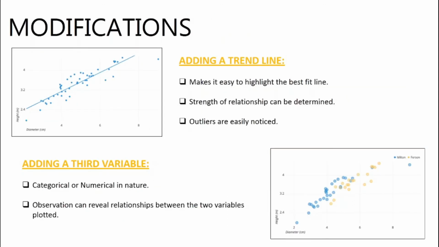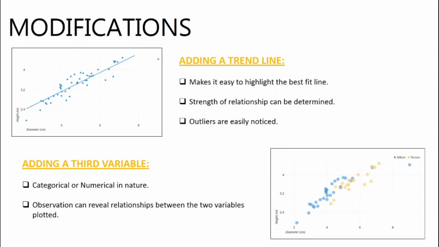Some of the modifications which can be done to a scatter plot are as follows. These help a lot when building the model or visualizing data. First is adding a trend line. So what is a trend line? It can be seen in the diagram given right beside this. It is a line which passes through the data points, staying as close as possible to each data point, where the relative error is minimized. That is the trend line.